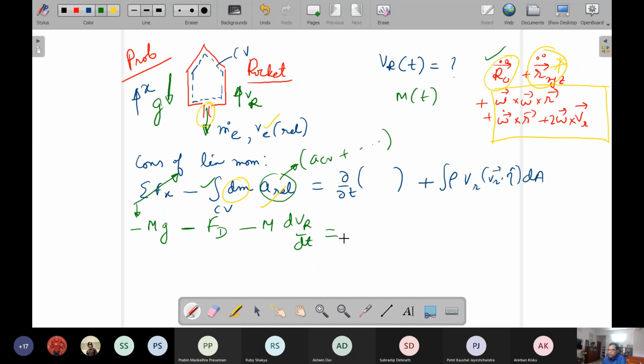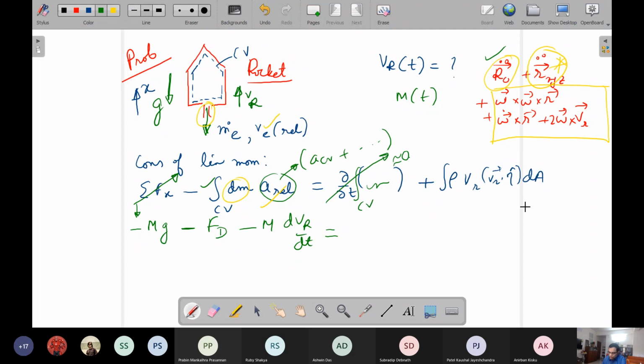With a similar spirit, what we have here is this, in the unsteady term, you have the relative velocity v small xyz, and the relative velocity itself is small within the control volume, which is the rocket. Remember, this is the term within the control volume. So that means this is also not important. And the last term is of course important.